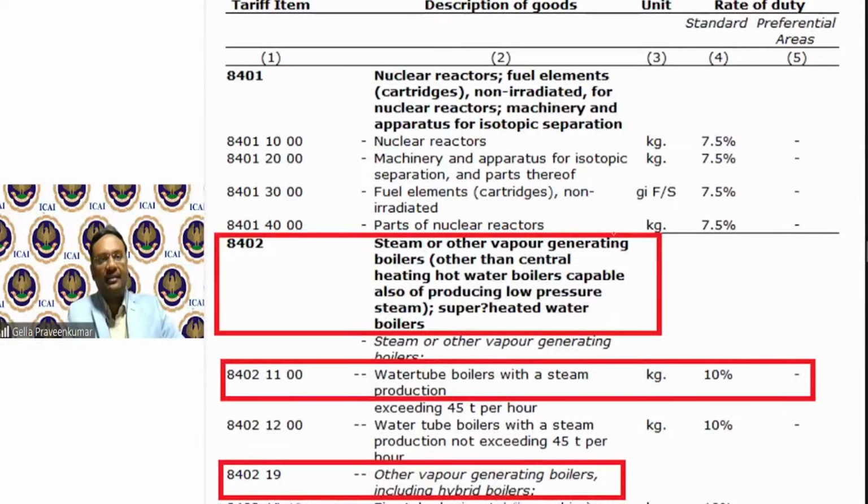This is one extract from your tariff. 8402 indicates the chapter heading. 840219 indicates the subheading. 84021200 indicates a subheading to the main heading or subheading. So this could be called the main heading, the 6 digit is called the subheading, and the 8 digit is called the subheading to either the main heading or subheading. This is how I identify my commodity in any particular tariff.